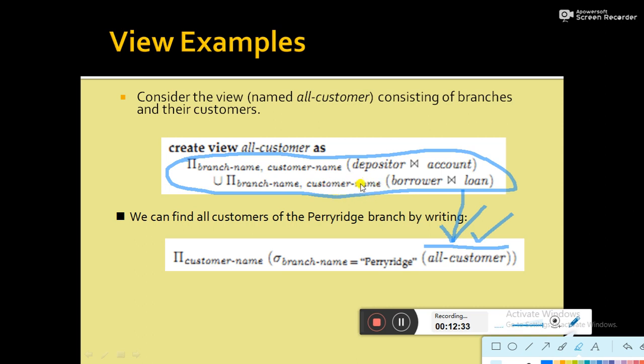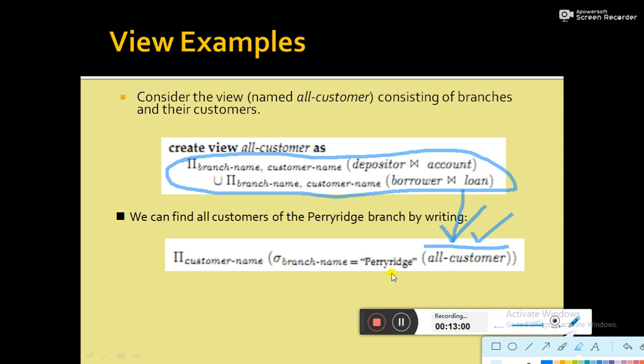If the query processor executes that definition, it will produce a relation with two attributes, customer name and branch name, with a set of records having a customer name and the branch name irrespective of whether they have an account or loan. And then from that temporary relation, the selection operation will be performed.